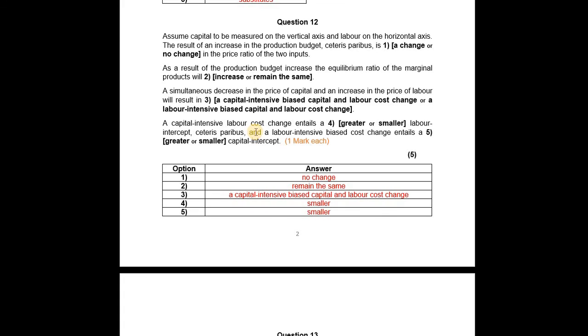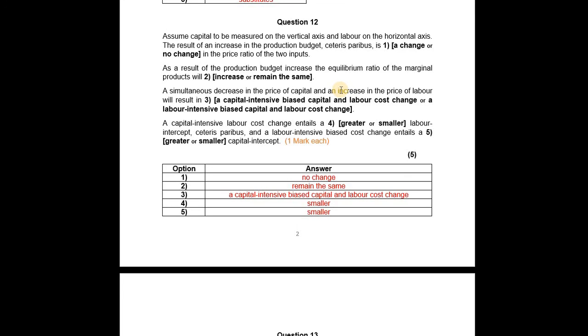When a production is said to be capital intensive labor then therefore the labor cost change means that the intercept, if let's say for example you were employing 30 units of labor, and then now the price of labor increased to maybe from 10 to 20,